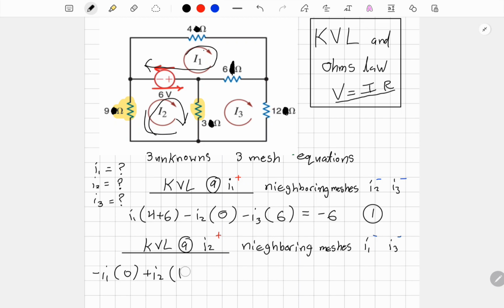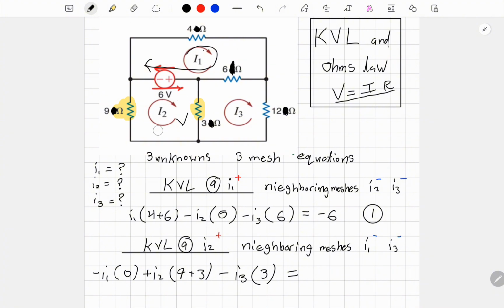So I have 9 plus 3, and then minus I3, and I just look at any resistors connected to I2 and I3. They have to both be connected in order for the shortcut technique to work. So I have my 3 ohm resistor that's connected. This resistor is touching both meshes, I2 and I3, so I include it, so 3, and then equals